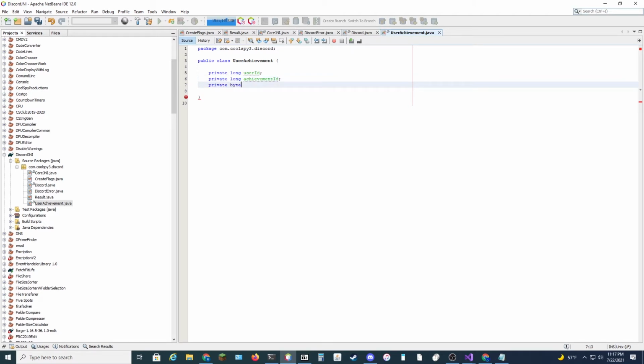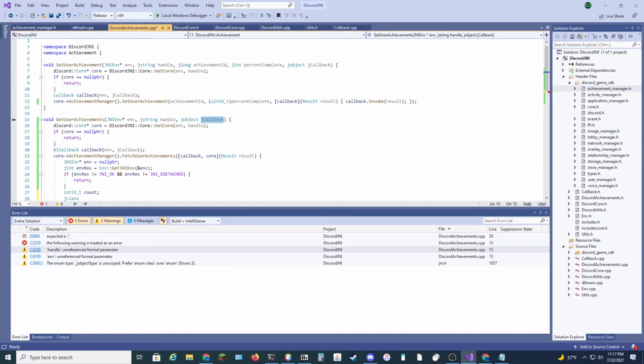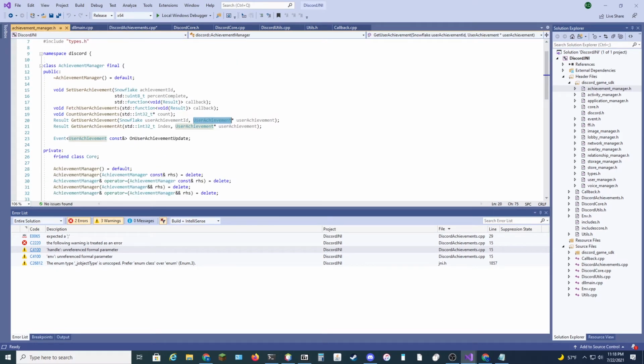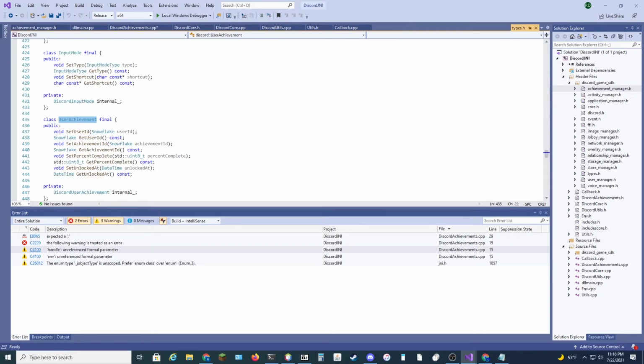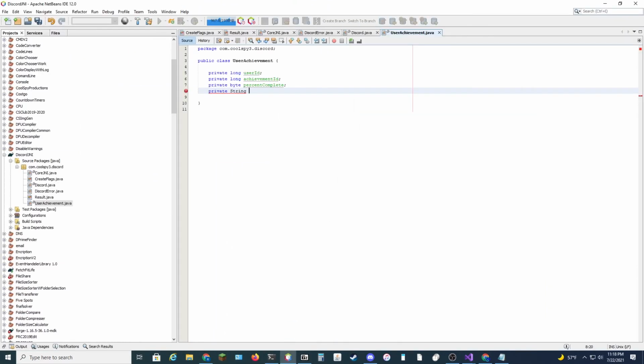uint8, byte percentComplete, and private string. So on here, go to AchievementManager. We go to UserAchievement. Open it. There you go. What is a date time? So it is just a string. All right. unlockedAt